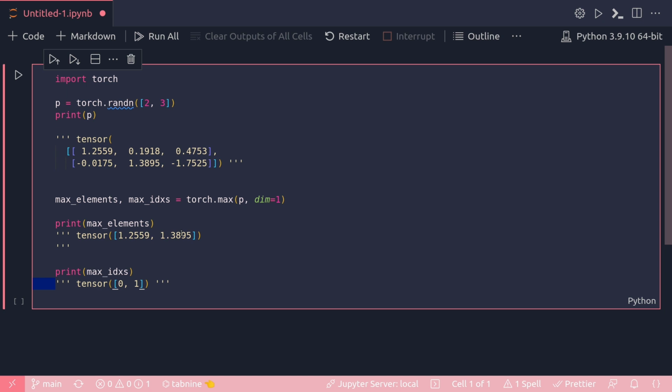And for the second element, 1.3895, that's the second, index 1 element of my second row. So the max indexes second is giving me 1. So basically torch.max will give you the maximum elements and also the positional index number of those maximum elements. That's how it works. Now get back to